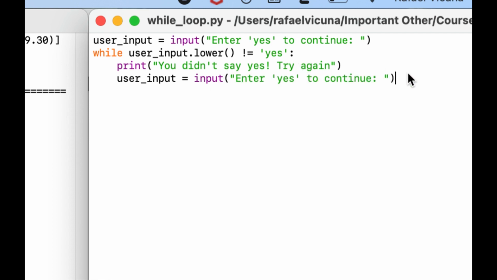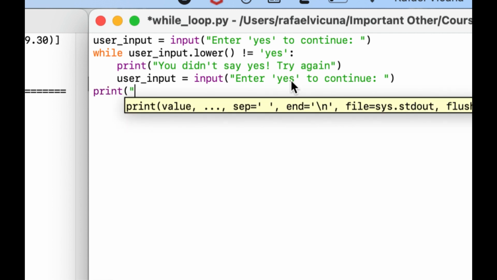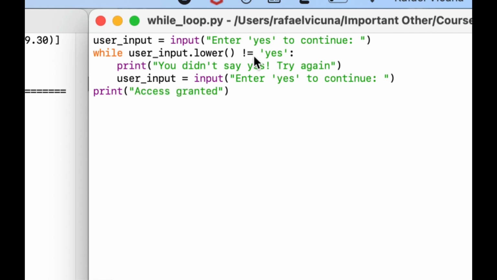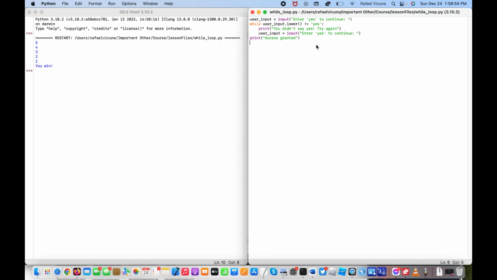Now the reason why we didn't just copy and paste this, even though it's the same line, is that I would suggest you type out the code as much as you can rather than just copying and pasting, because it will help you build your muscle memory and it forces you to see if you can get the code working. So that's it for the while loop. We can go back to the original indentation and we can print access granted. And don't worry, I have another flow chart for this as well, but let's go ahead and demonstrate what the